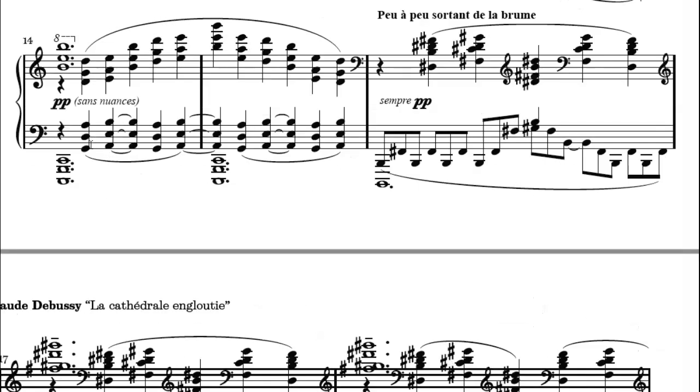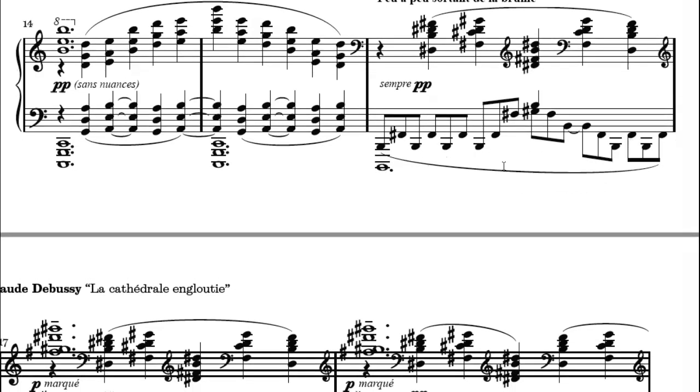I'm going to play the recording from measure 14, which is the same music that we saw at the beginning, and then watch what happens in measure 16. You can see right away that there are entirely new pitch classes at work here. We have lots of sharps. This is a beautiful moment where things really start to bubble up. You can feel like something's happening. Also notice the rhythmic activity increases in the texture.